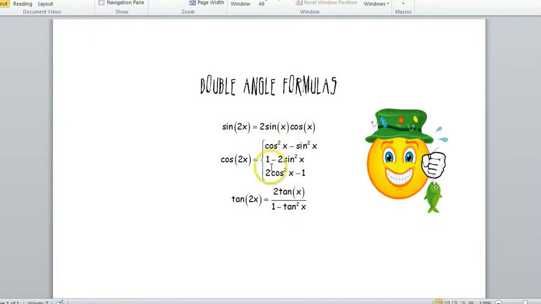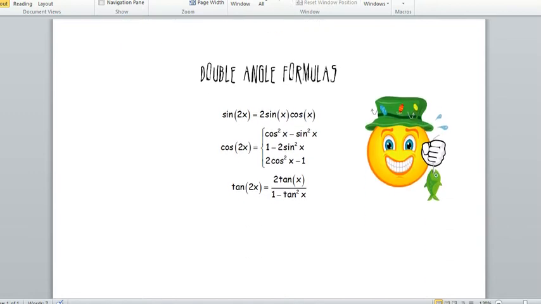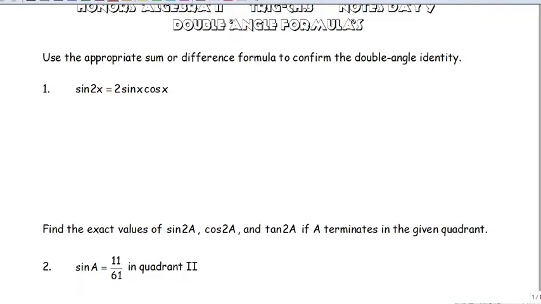We're going to use this information to confirm the double angle identity by splitting it apart, using the sum and difference identity. So, let's look at our note sheet. I have sine of 2x is equal to 2 sine x cosine x. So it says to use the sum or difference formula. So I have to think about how I can write this as a sum of two things. Well, I can rewrite this as the sine of x plus x,